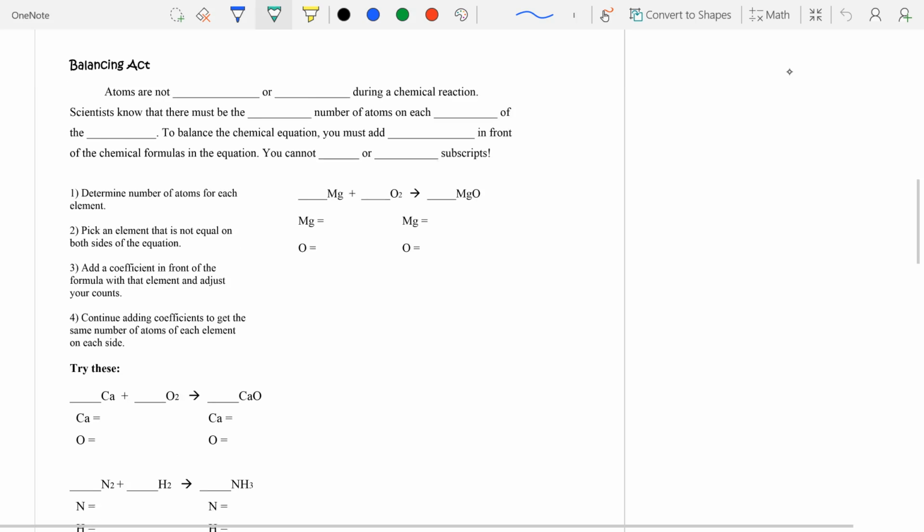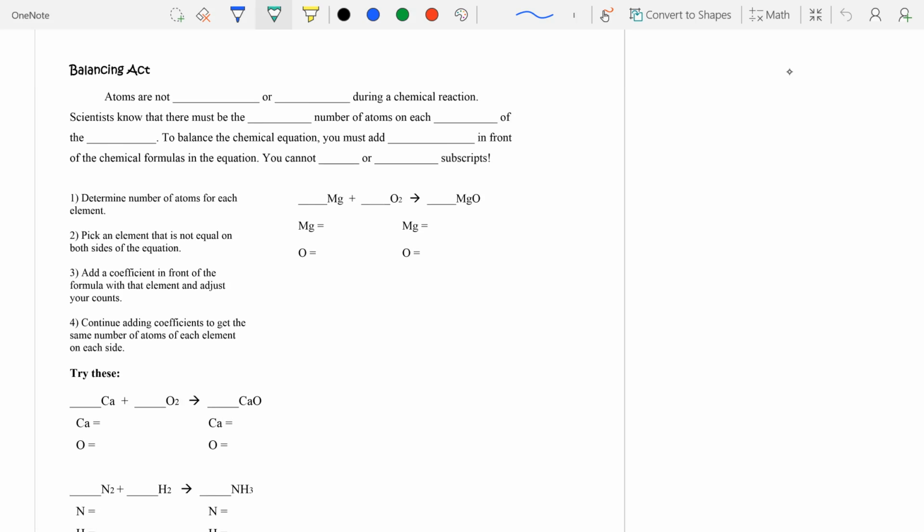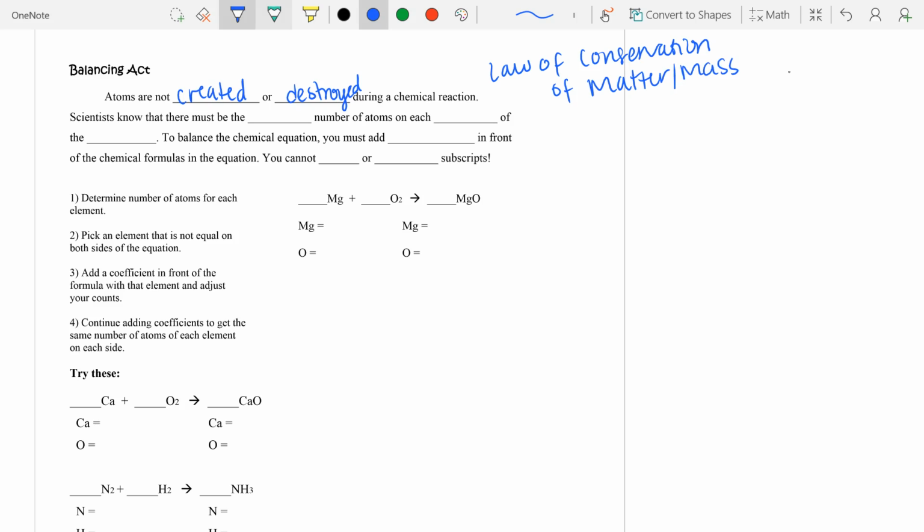Okay, so the main thing that we know is that atoms are not created or destroyed in a chemical reaction. Okay, and the law that tells us that is the law of conservation of matter. And you might see this written as the law of conservation of mass. That means the same thing. So essentially, if you have